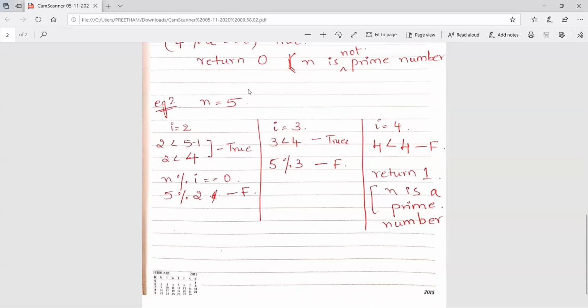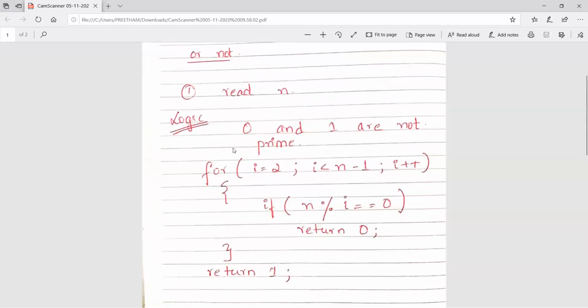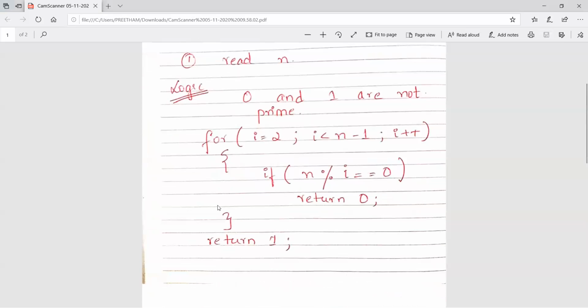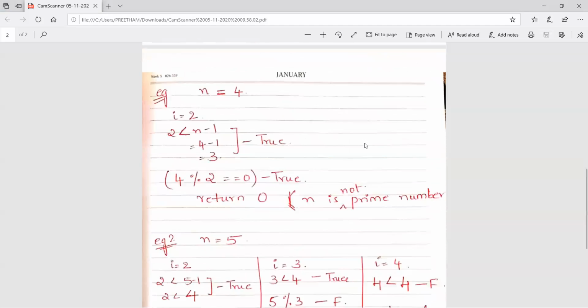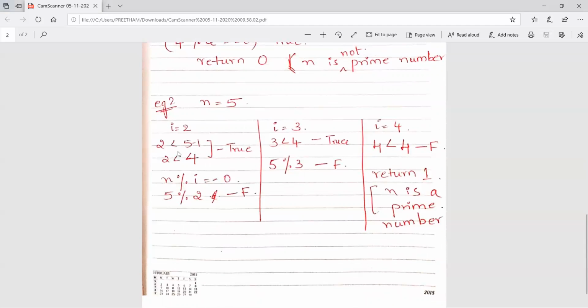Let's check with another example. If n is equal to 5, the for loop executes. The for loop begins with 2 and runs while I is less than 5 minus 1, which is 4. So 2 less than 4 is true, and the for loop condition is true.